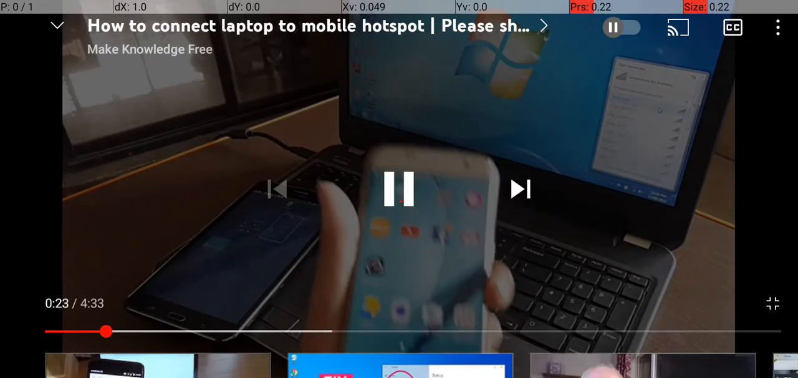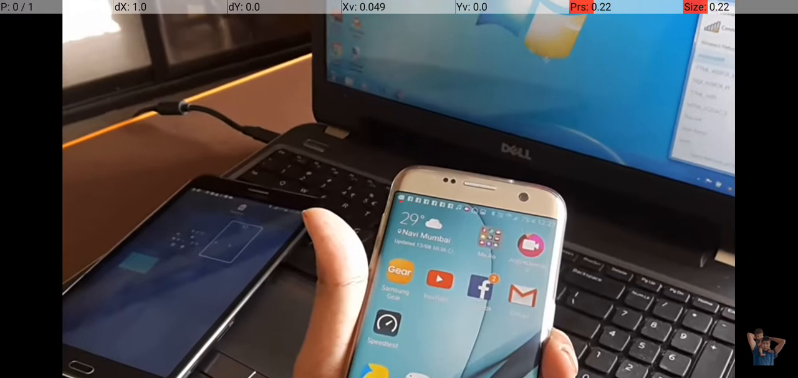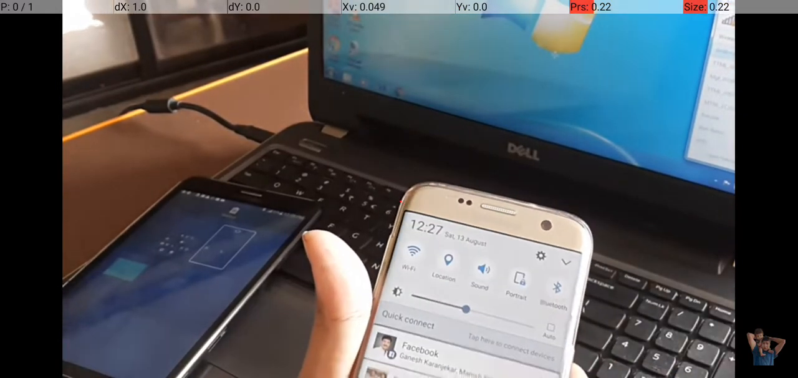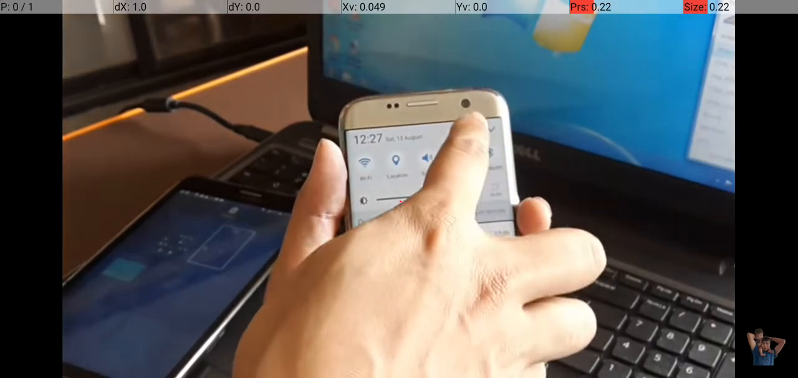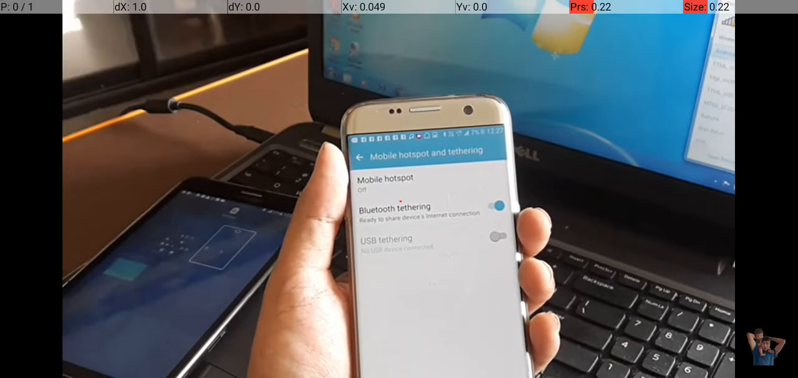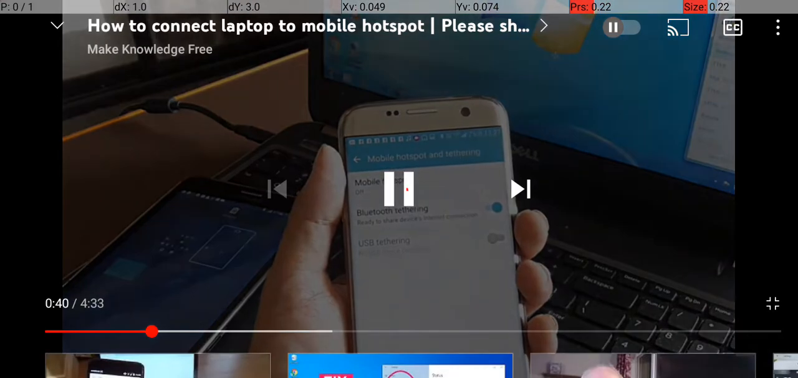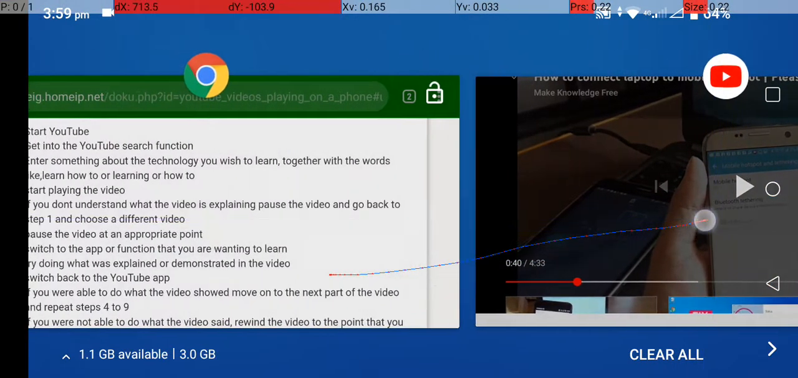This is the Samsung S7 Edge, and I need to actually enable the Wi-Fi hotspot. So I just go to my settings. Once I go to the settings, I go to mobile hotspot and tethering. It says once you go into settings, go into the mobile hotspot. So, okay, I'm going to go into the mobile hotspot now. So I change back again, go to